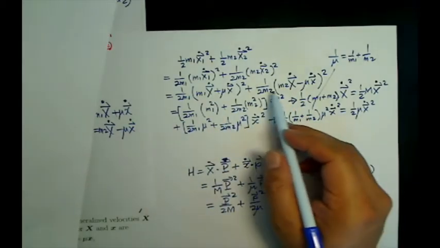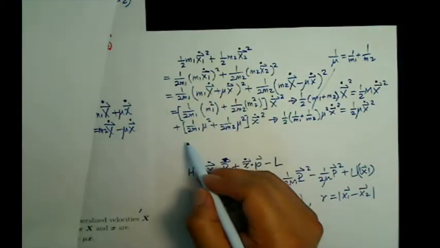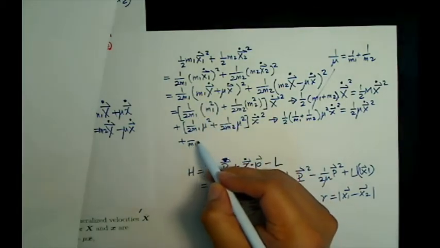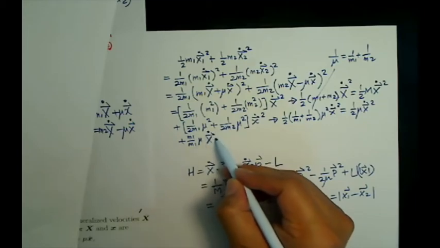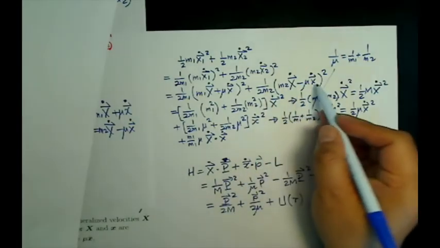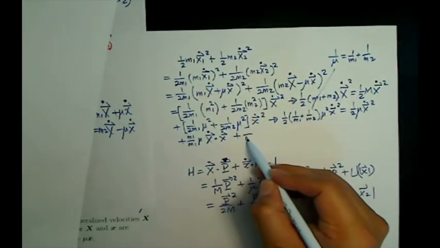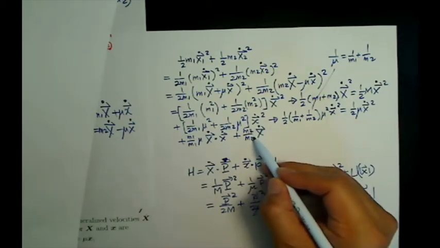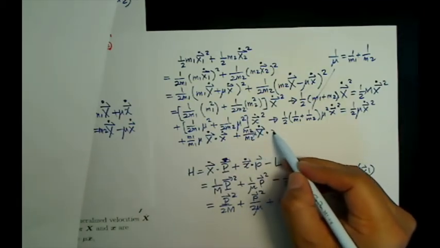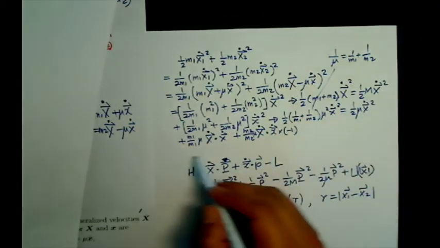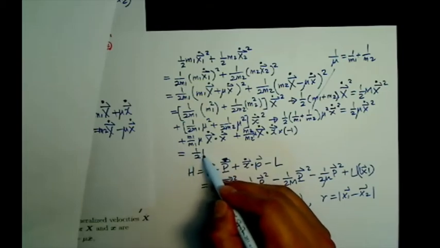Finally, the last term, the cross term, 2 times m1 mu, and here 2 times mu times minus 1. So they cancel. Therefore, the final result is